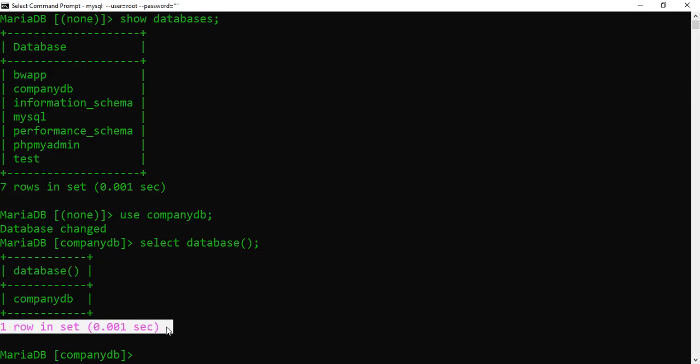As you can see, one row inserted, which means our operation has been successful. This returns the name of the database you are currently using. So let us take a look at another operation, which is the fifth operation, and this one is